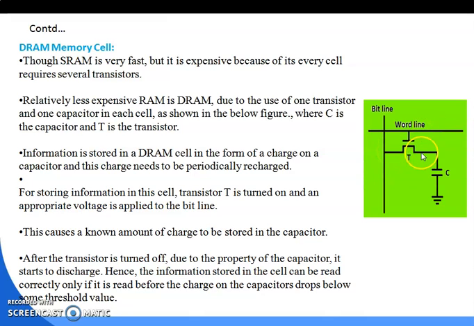But in the case of SRAM, there is no capacitor. There are only transistors, so it is very costly, because generally the transistor is costlier than the capacitor. Here in the DRAM there is one transistor and one capacitor. Right? In static RAM there is no capacitor, only transistors, so the auto refresh technique is not there for the voltage supply. So that is the internal cell of the DRAM memory cell.